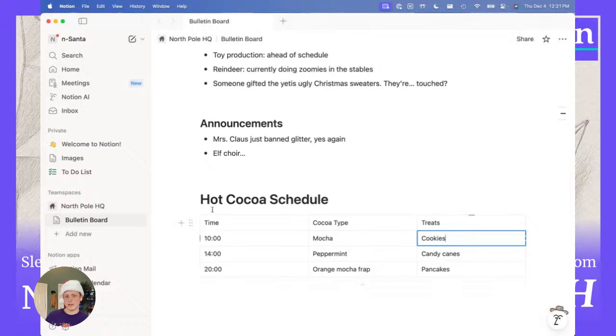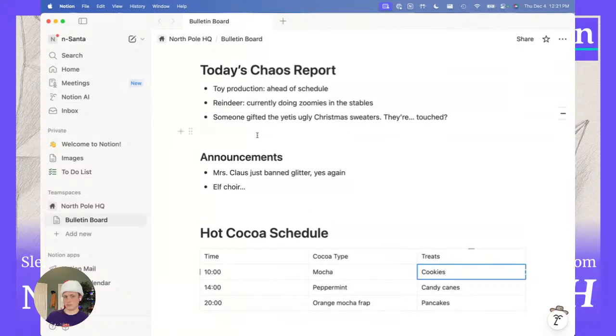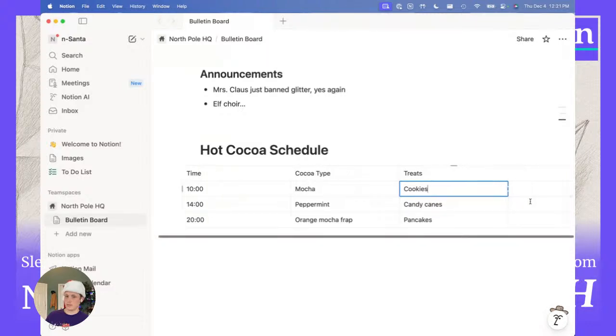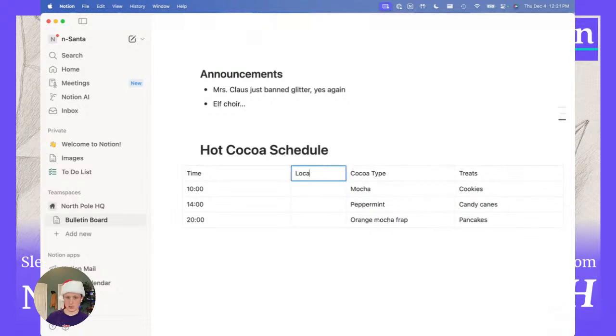So here we have our table. So we've got basic text that we can add. We've got headings that we can add, lists, ordered, unordered, and we have tables. I can add new columns. I can drag my columns around. Maybe location matters. Maybe this is in the West Hall, and this is in the reindeer stalls, and whatever information